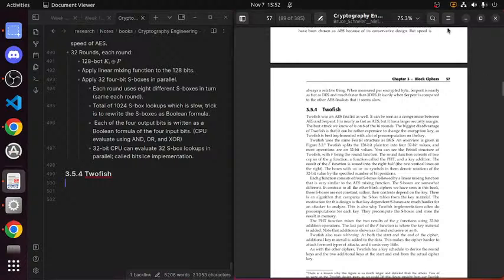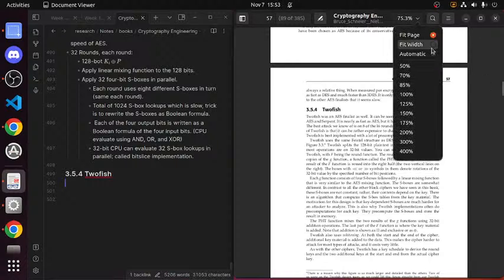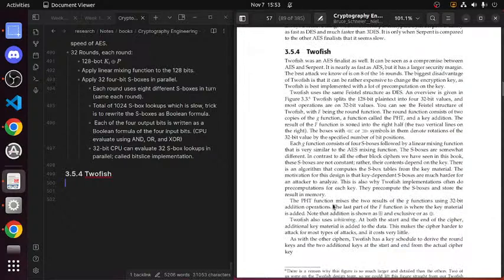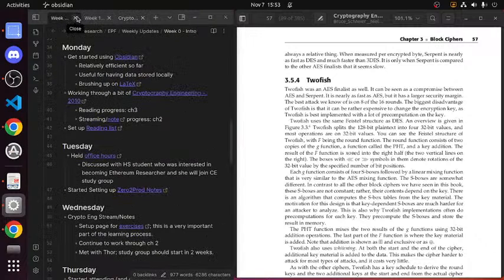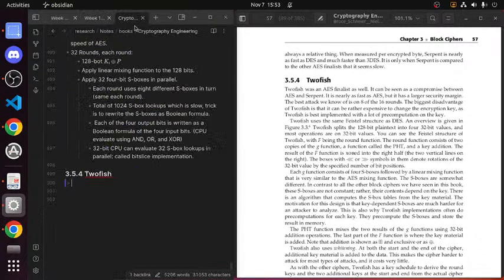Okay. Zoom in quite a bit. Let's go full width. Okay, this is looking pretty good so far, this new setup. I can see what's on the right-hand side, I can take my notes easily on the left-hand side, and let's start talking about Twofish. I've got about an hour and 7 minutes before I'm going to wind down and start taking my notes for week 3. Week 0 was the intro, week 1 was the survey, and in week 3 we're actually getting started with the project. So let's get started.